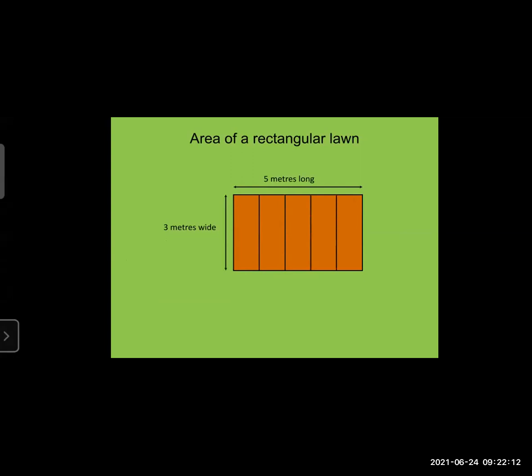See in the figure. So we find it in a simple way. Now the area is 15 square meter. So you can also multiply: 5 threes are 15 square meter. Or when you count the small boxes, 1, 2, 3, 4, 5, 6, 7, 8, 9, 10, 11, 12, 13, 14, 15. Means we divide it into equal parts. So we get 15 square meter.